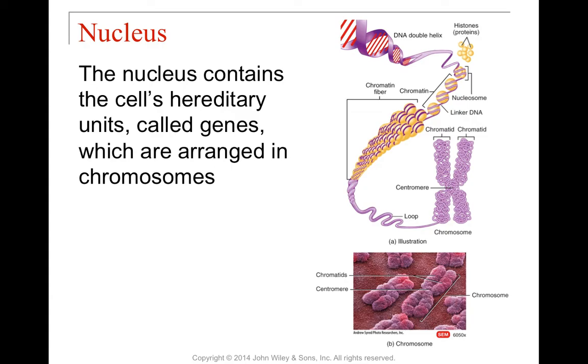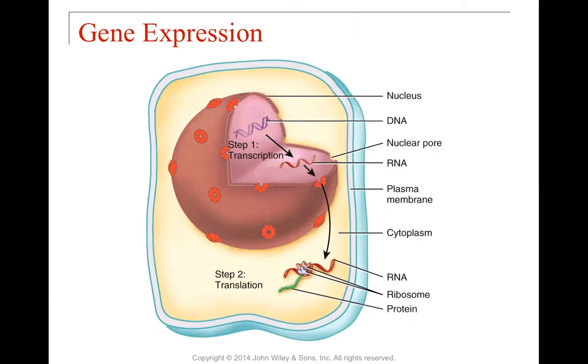And now we've mapped the entire human genome because we have the computer power to do so. All right. So as I mentioned previously, DNA makes RNA and RNA makes protein. So what does that look like? We have 2 major steps. The first is what we call transcription, which is when we are taking the DNA and we are making RNA